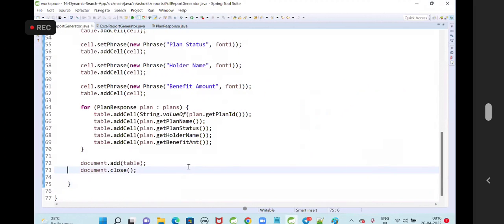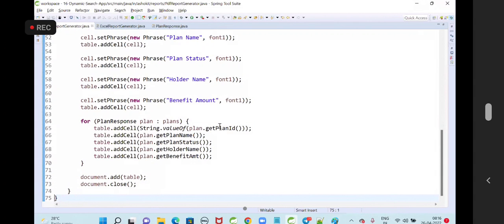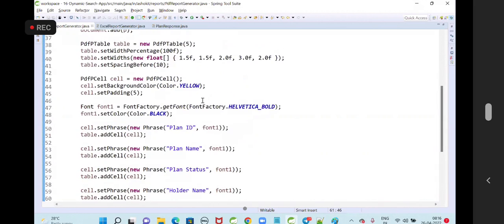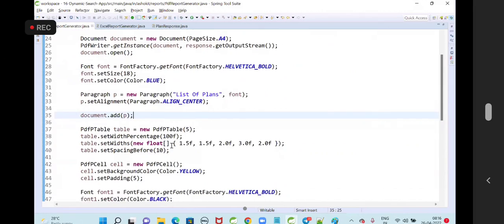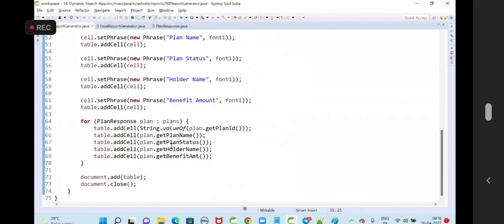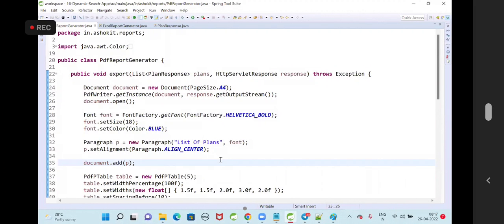Yeah. So yesterday I did not explain because there are some concepts you have to understand about how to generate the PDF. 5 to 10 minutes of time is not sufficient. So that is the reason I have not completed this code yesterday. Now you got the clarity on how to generate the PDF by using Java program. Are you clear with this? Guys, anybody not able to understand? PDF generation.